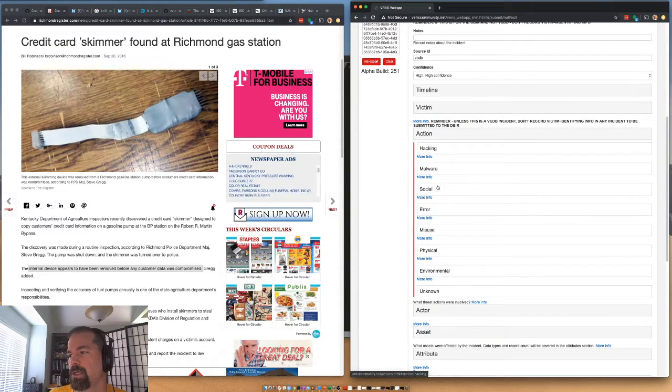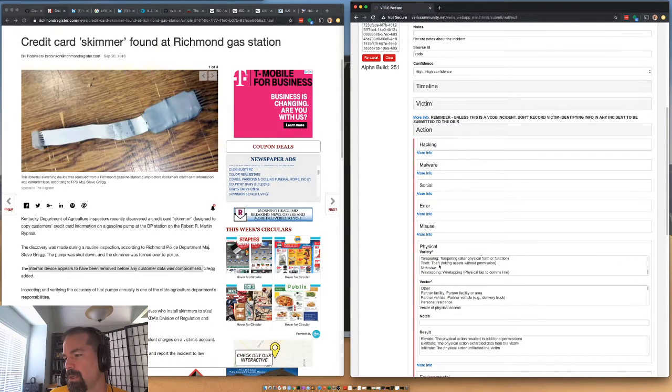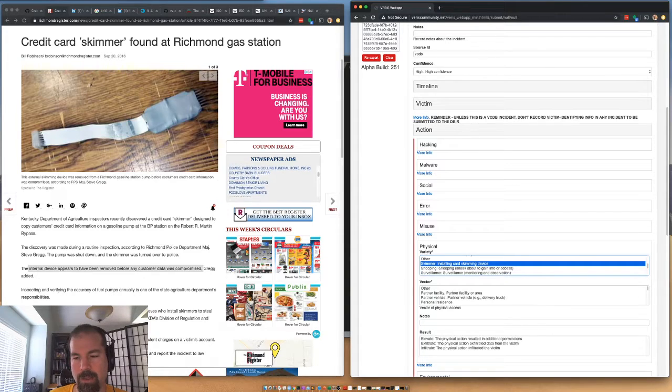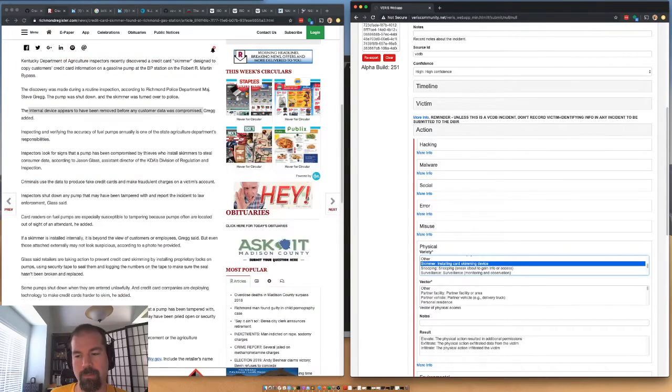And action. This is a physical action, and it's a skimmer. And then, do they say anything about it? A lot of times, skimmers need some kind of camera, something that watches the pin pad, or a fake pin pad, to check for what the zip code is that's put in.